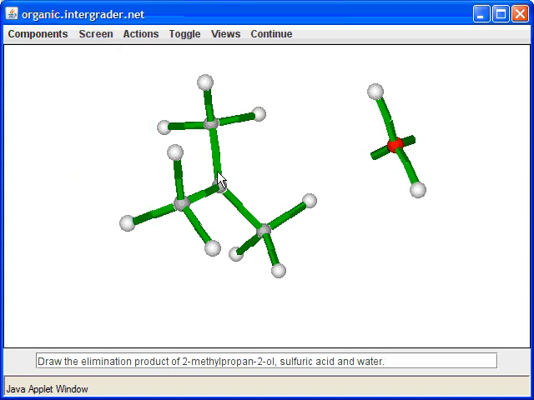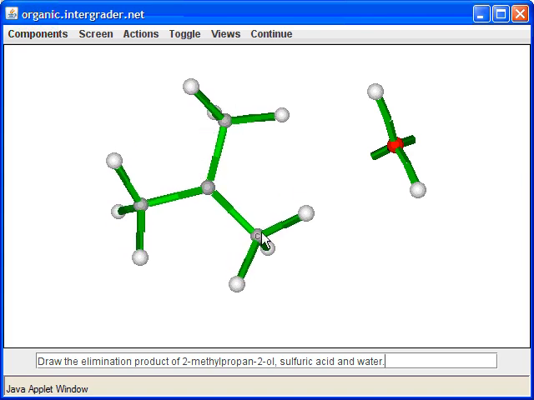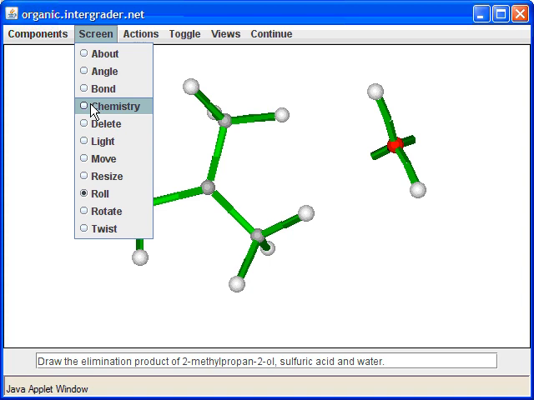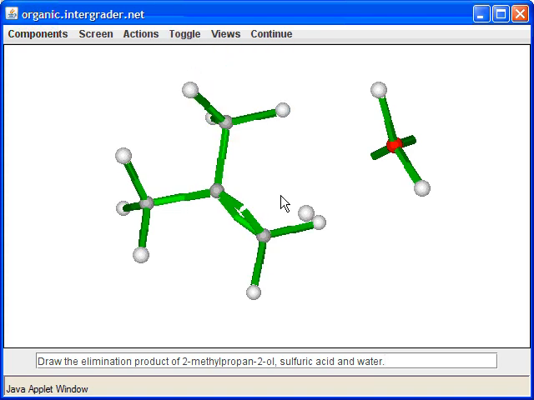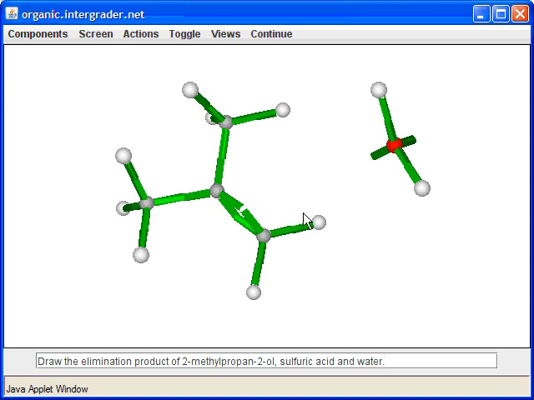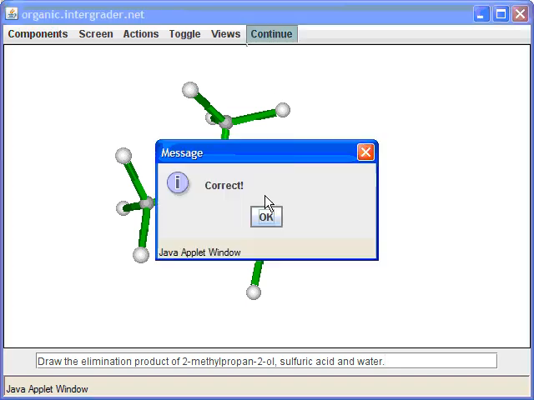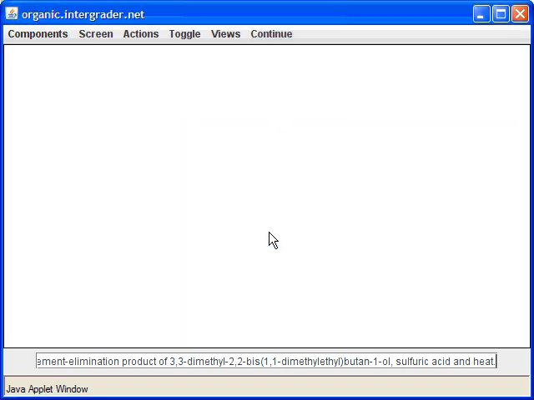And now I'll use Zaitsev's rule, which means the poor get poorer. In this case, all three methyls are equivalent, so it doesn't matter which one we remove hydrogen from, but we'll do an elimination. That's how we decide which alkene to form here. We'll remove the acid catalyst and water as byproducts of this reaction, because it's a dehydration, and we'll get that.